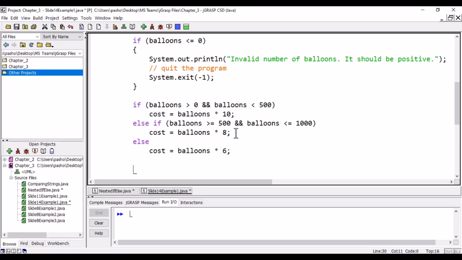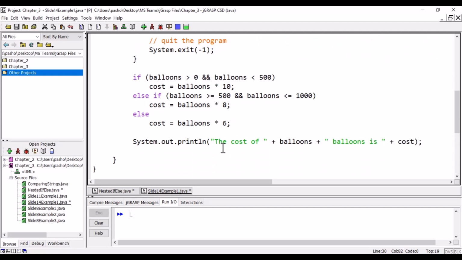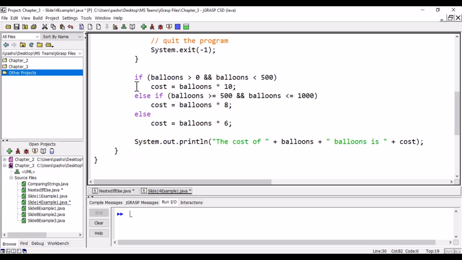After we finish, we print a message to the user, the cost of number of balloons we printed, and we write balloons as, and we put the cost. So it will print the cost of, it depends on how many balloons, maybe 400, so the cost of 400 balloons is, and we will print the cost. We run the program,